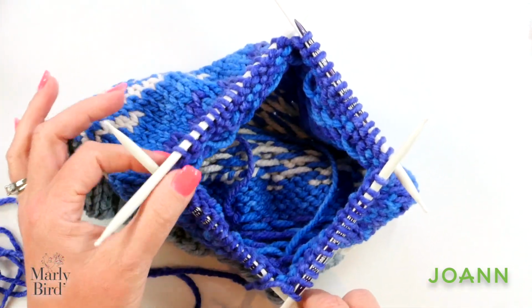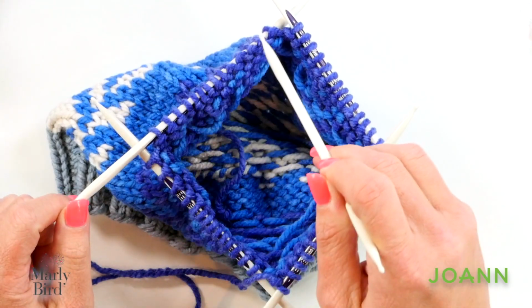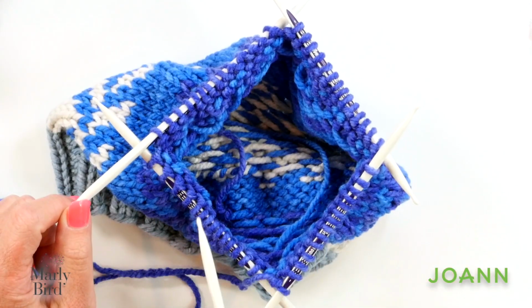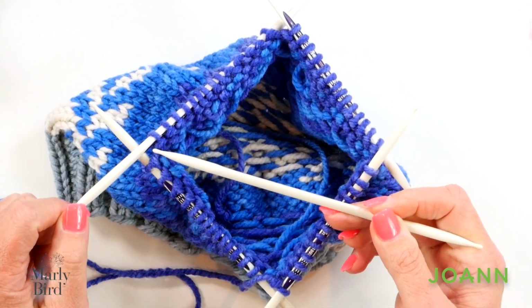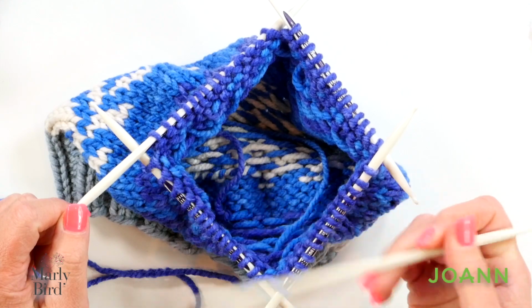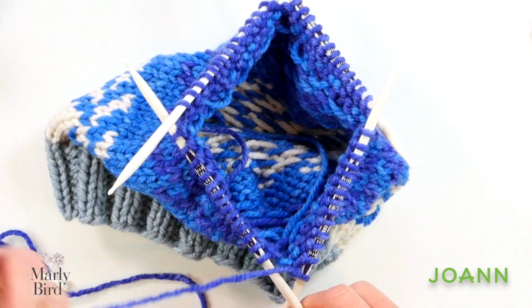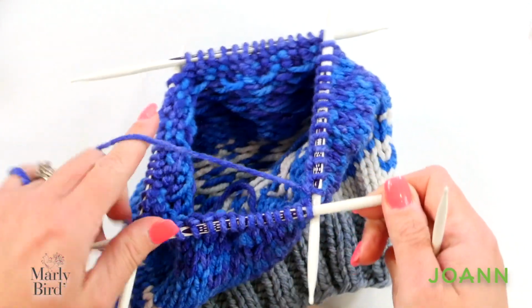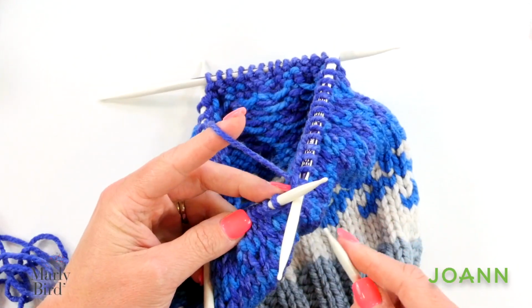So we want to make sure that we are working our decreases just around all of these stitches. And when we transition from one double point to the next, we want to make sure that our stitches from one needle to the next are nice and snug. That will prevent any sort of a ladder, okay? So here we go. I have 14 stitches on each of these needles, just in case you are curious, and